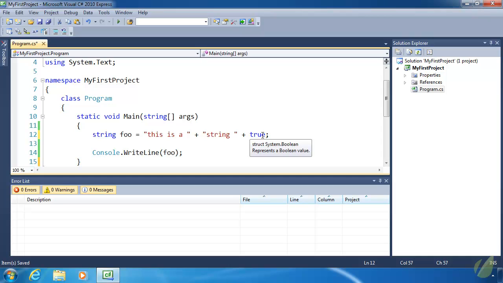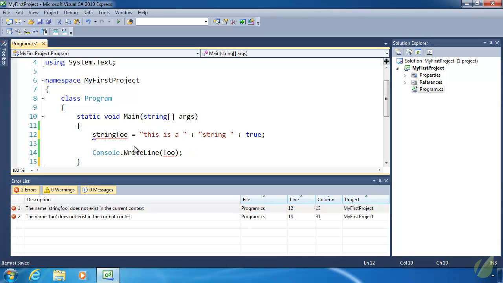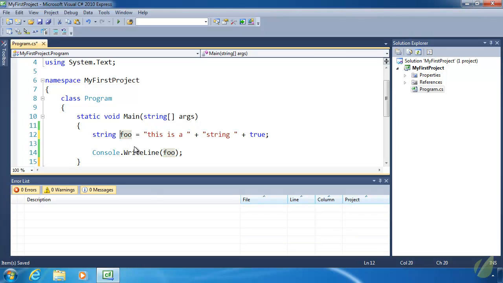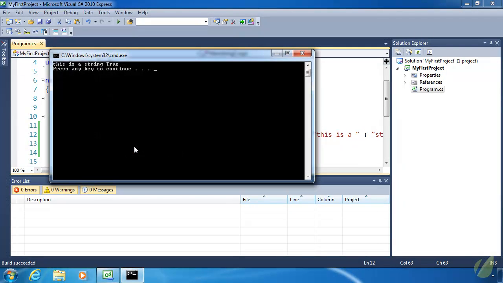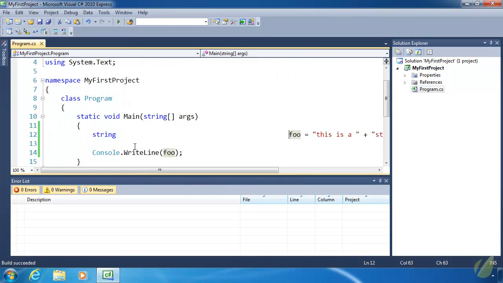Well, there are some places where it definitely does care, like between string and foo. If we don't have a space between those two, then it's not going to know what string foo is. But with that space there, the compiler knows, hey, we have a string variable called foo. But if we add multiple spaces between string and foo, this is going to work. This is perfectly valid code because it's going to take all of those spaces and cut it down to one